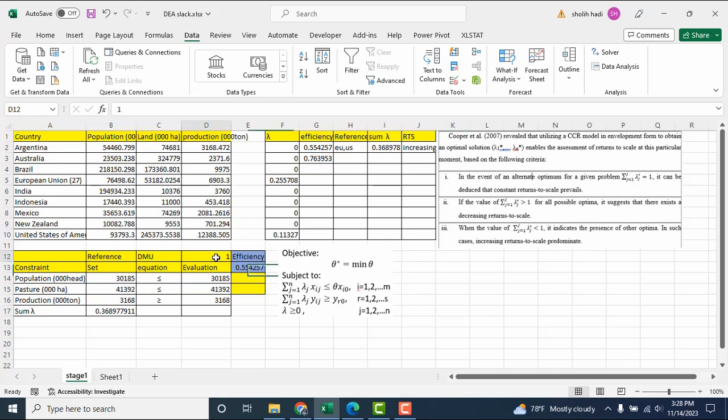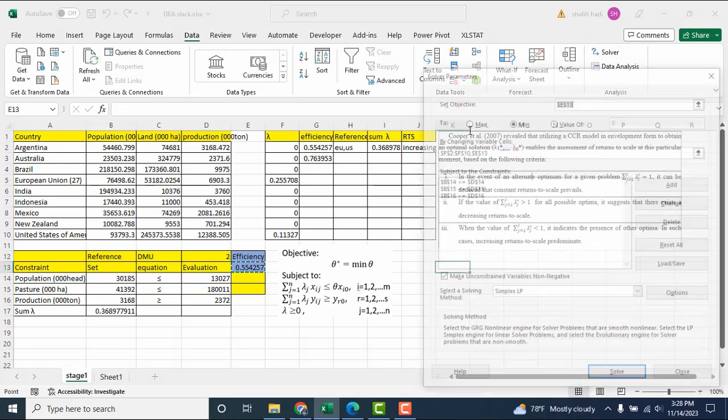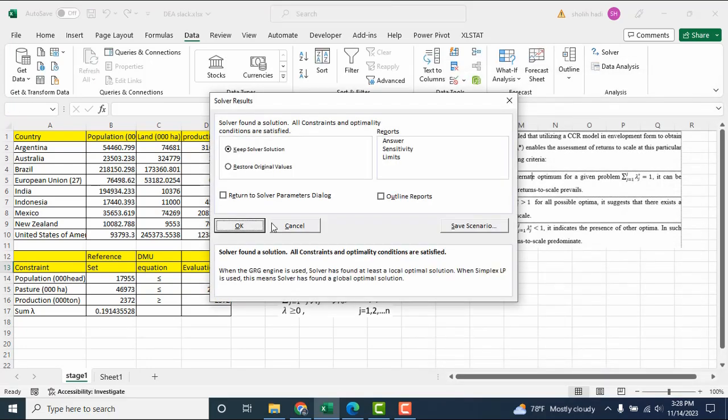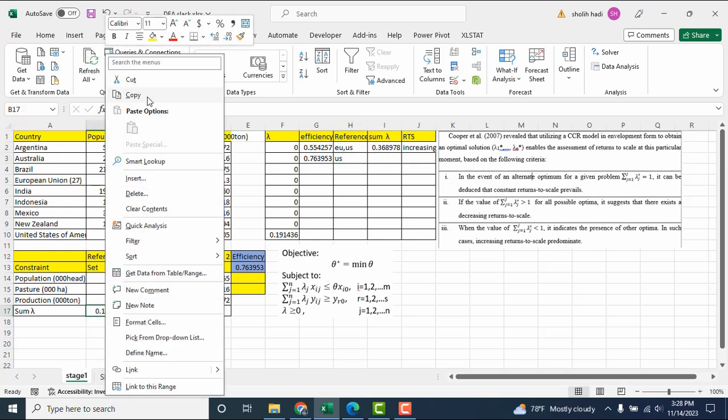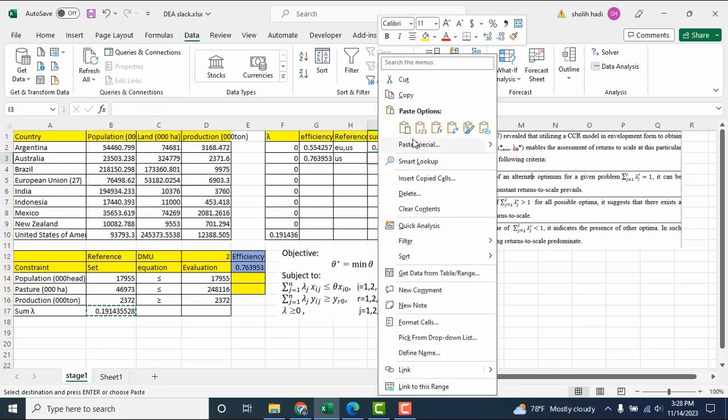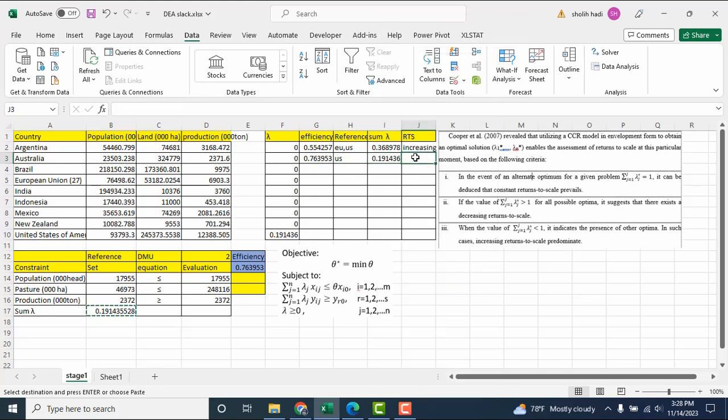How about number 2? Solve. Get here. And the reference is United States. Then the total is total lambda. So increasing, same. Okay.